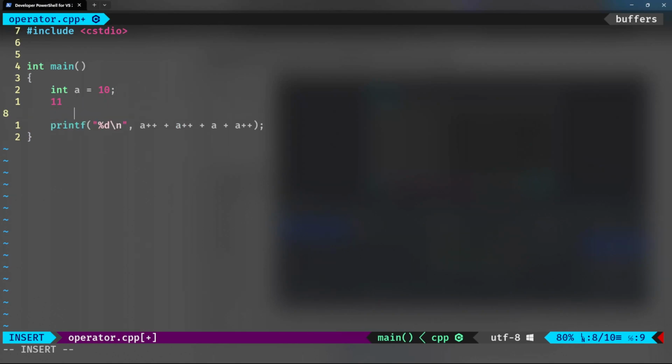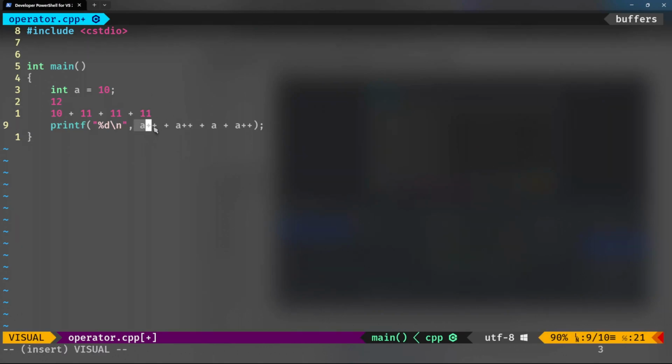So a became 11, but the value that was returned was 10. And then this time I added 11 because a was already 11, and a became 12. So 10 plus 11, and a became 12. And then we added 11 once again. This time we did not increment it. So we added 11 again, and then we added